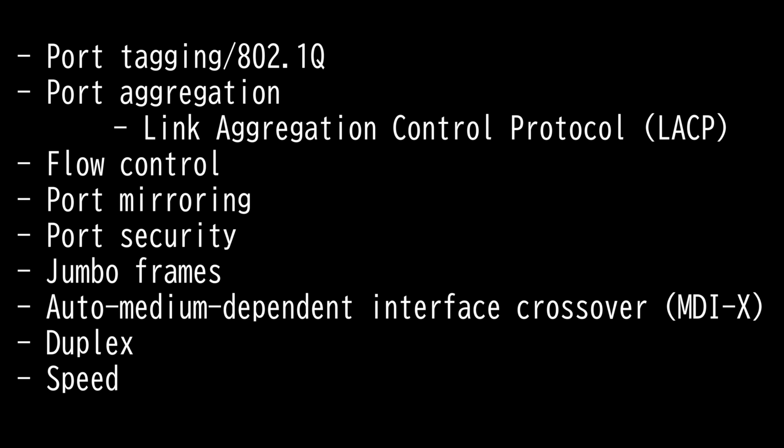Then we have port mirroring, also known as port spanning. You need some way to monitor network traffic and monitor how well a switch works. Port mirroring copies the traffic from all the ports into a single port, and this allows bidirectional traffic on that